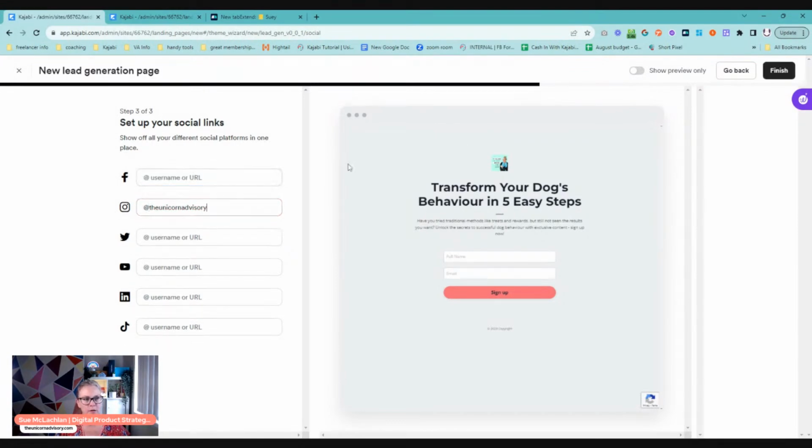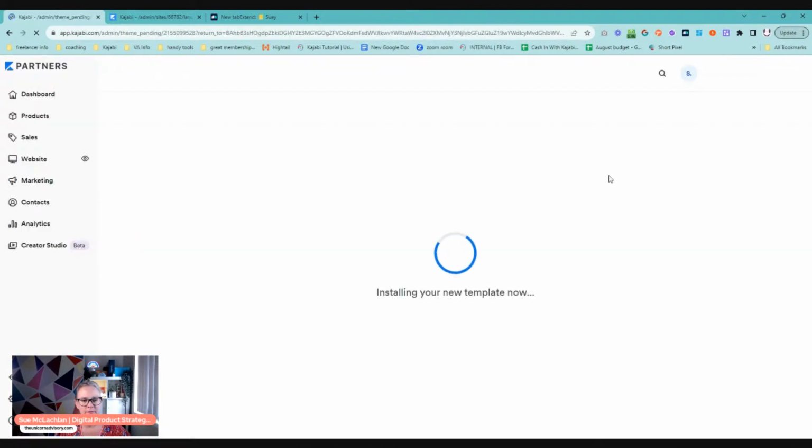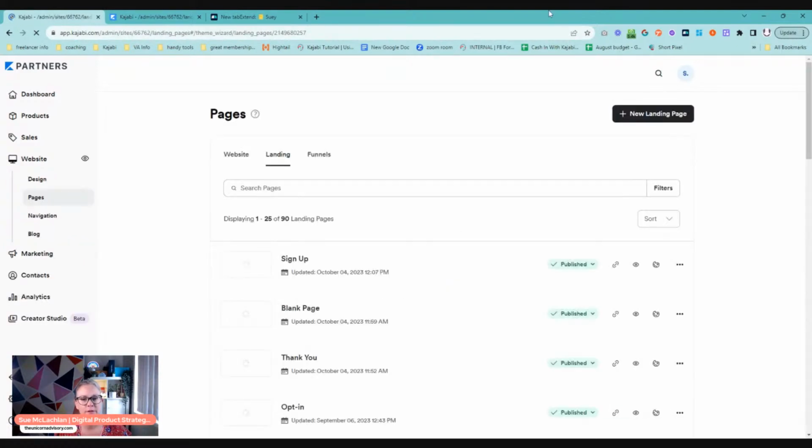At Unicorn Advisory, so we can finish that. And now that is going to create that, but it's also going to create the form. What it's not going to do is create that free download page, I don't believe. I think it's just the actual page with the form on it. But it's just a way that things are being created for you, and it's just that little bit more